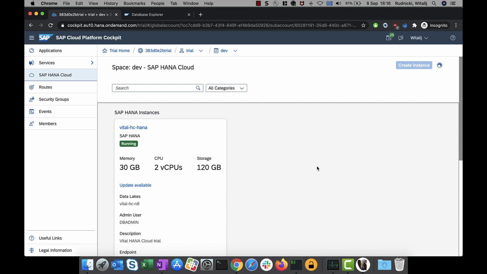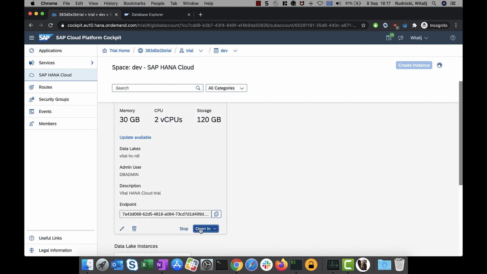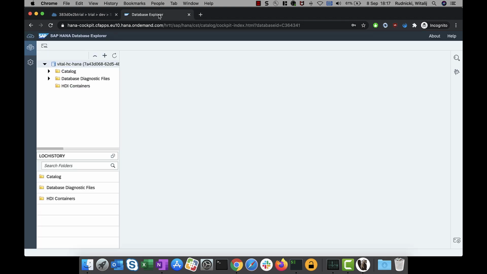So for our demos, I'm going to use the free trial version of SAP HANA Cloud. I am logged in already to the trial account on SAP Cloud Platform, and I have the instance of SAP HANA Cloud already created. And from here, I can go and open it in SAP HANA Database Explorer, which I already did. And the first demo will be based on the challenge that I got some time ago from one of